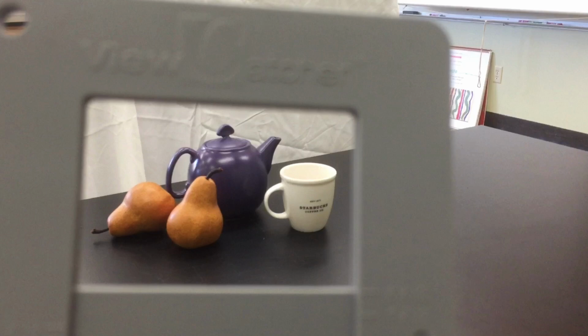Notice that the handle of the teapot lid is near the top center of the picture frame, so draw it at the top center of your paper. The pear standing up is the closest object to the bottom of the picture frame, and it is just a little left of center. Notice how the pear lying on its side is very close to the lower left edge